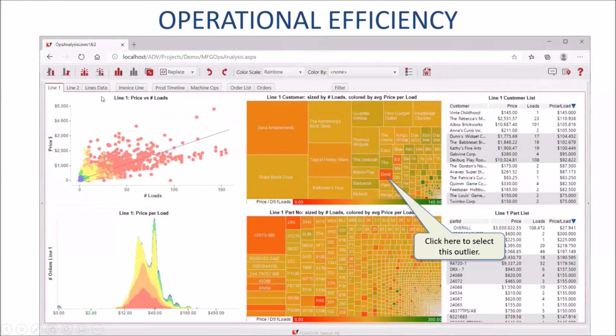This scatter plot has price versus number of loads. So this is how many loads, and this is how much revenue we're getting, the vertical axis. So obviously, higher revenue, these outliers up here are priced higher. These ones down here are potential problems. Like this would be an order that's going through taking a lot of loads, but we're not getting much